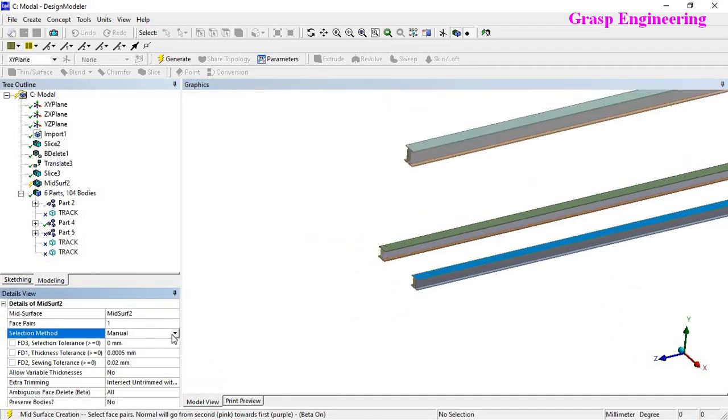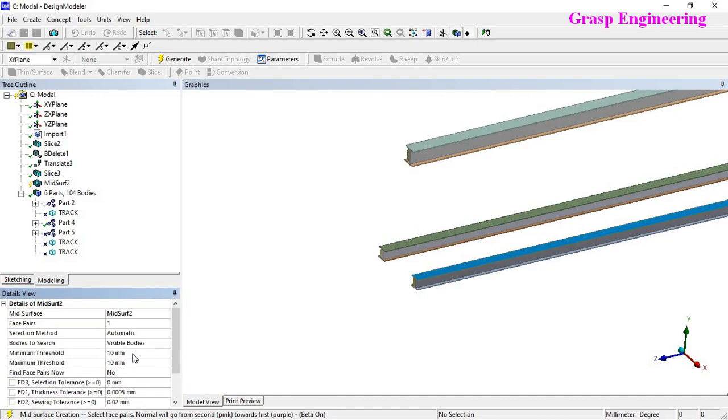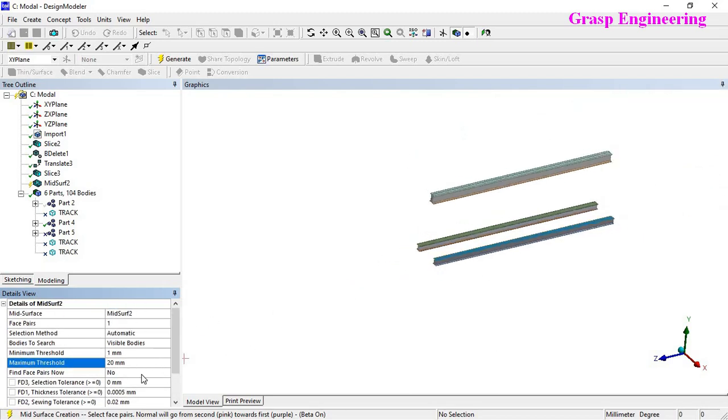So we just go here to Automatic, where you define the minimum as well as maximum thickness. If you put Find Face Pair as Yes, it will automatically detect the face pairs.